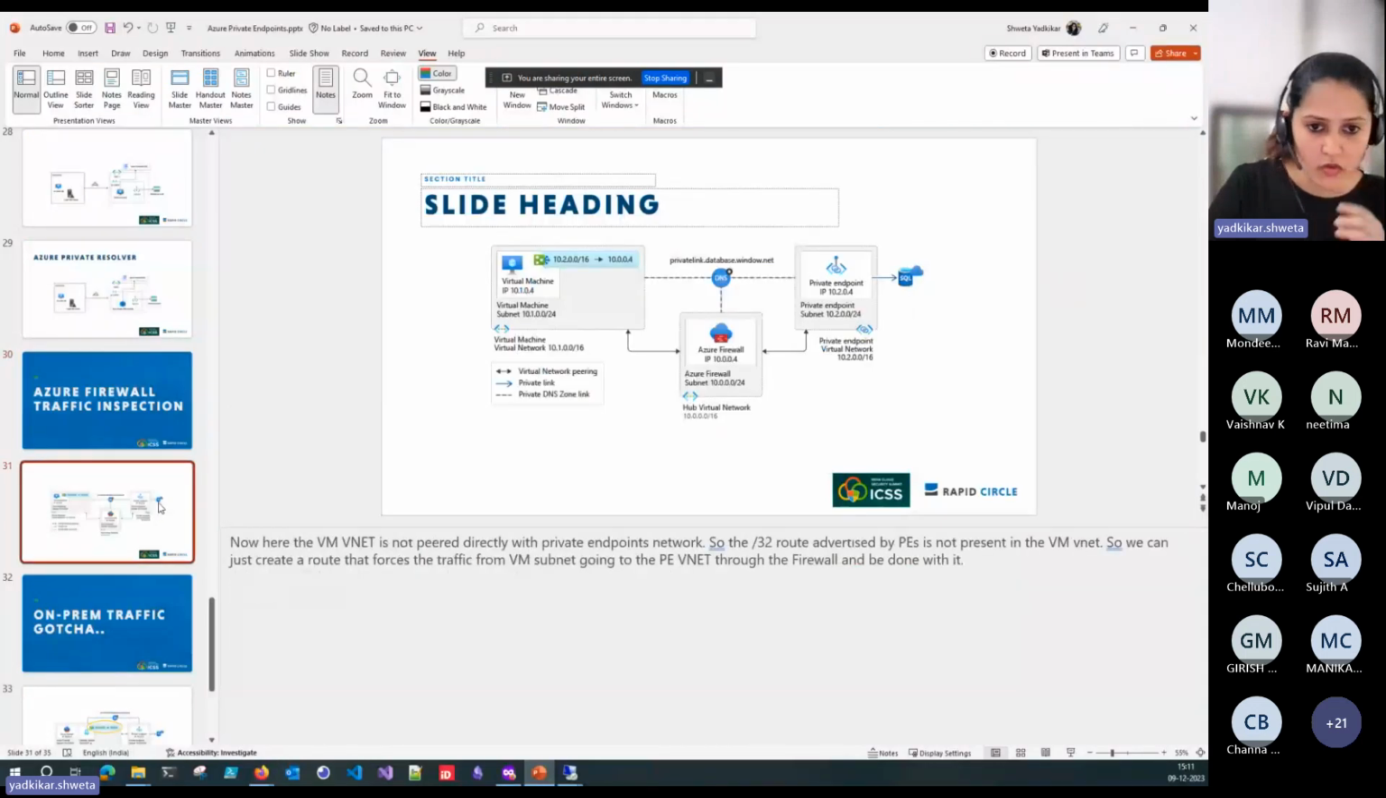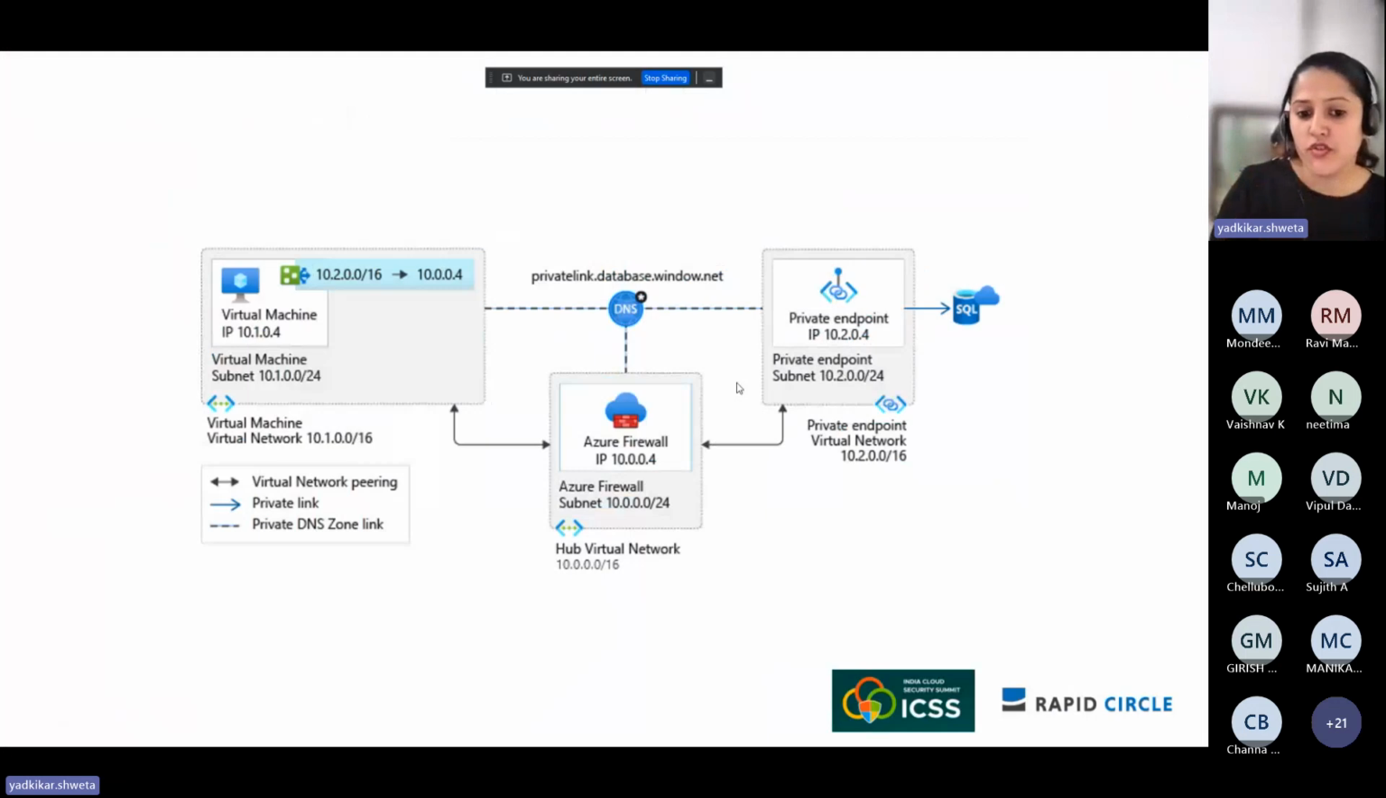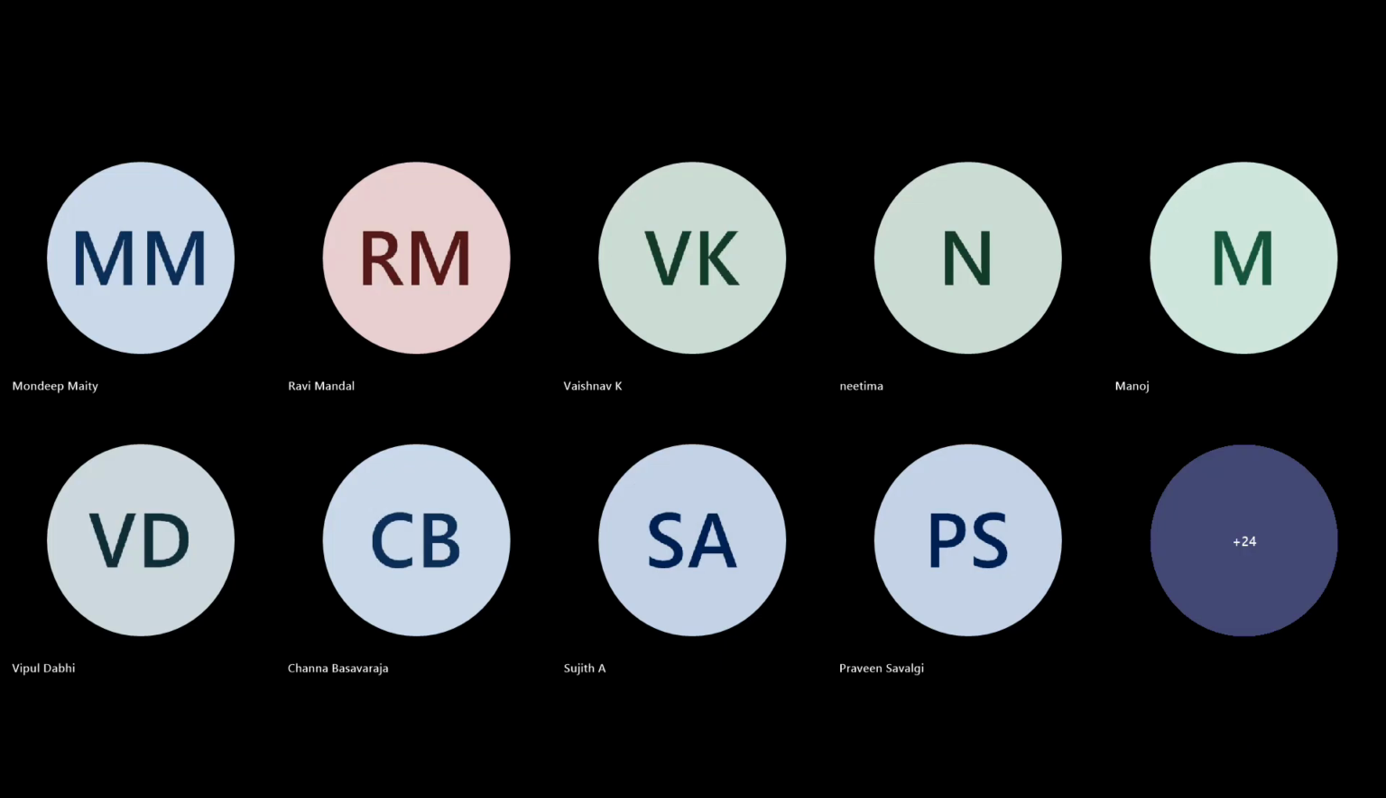First we'll talk about if you want to ensure that the traffic to a private endpoint from any network is routed through a firewall. What you would do is you would ensure that what you should ideally have as